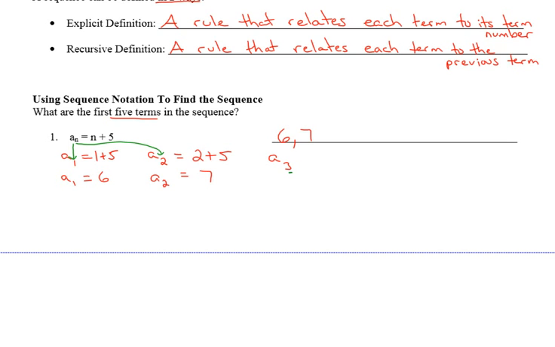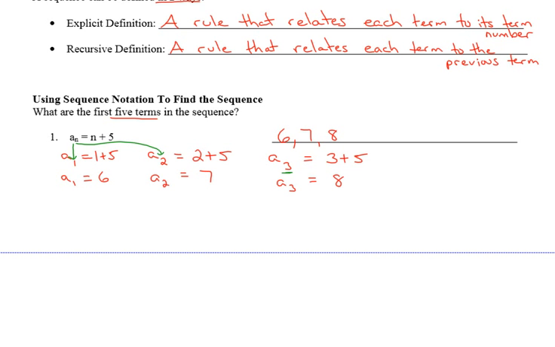My n value is now a 3, so I'm going to substitute 3 in for n, and A sub 3 is equal to 8. Now, the nice thing about sequences is because most of the time they form a pattern, once you see the